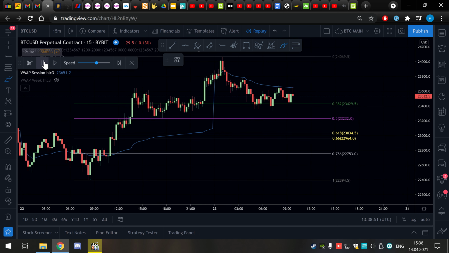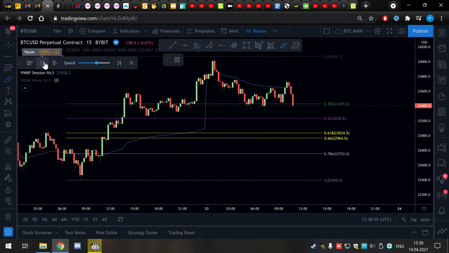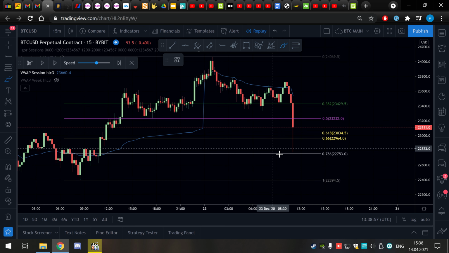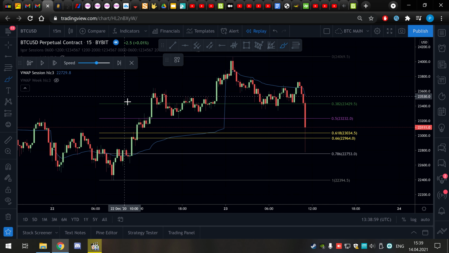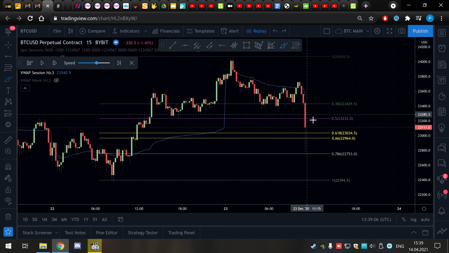Let's go. VWAP still resisting, and okay, nice. That's what we want to see. This was a really big drop, okay? So it fell through the purple line. So there was no entry for us at the purple line, but